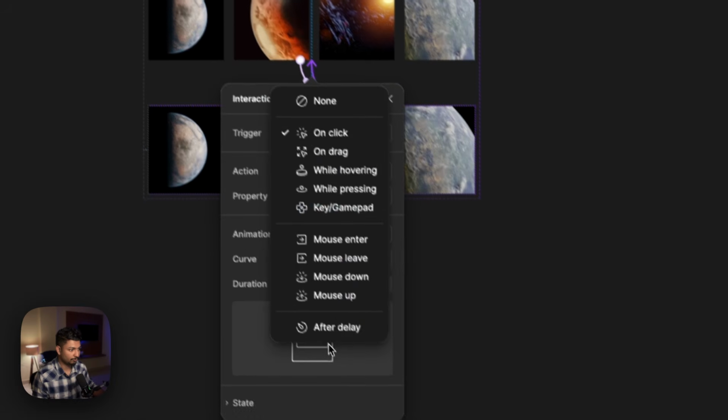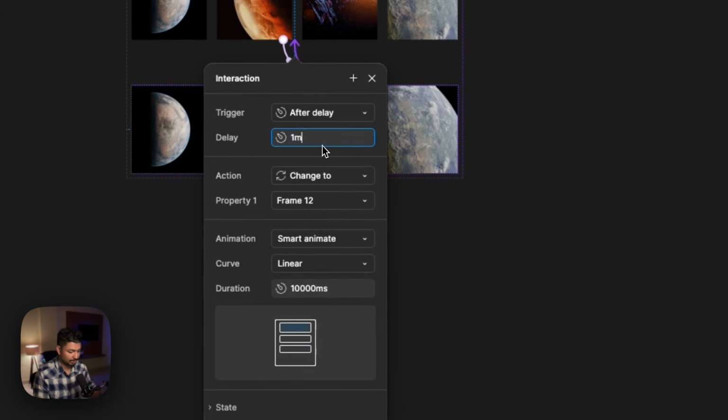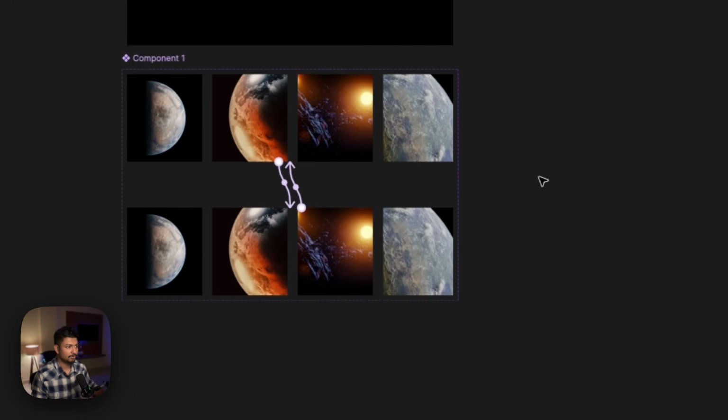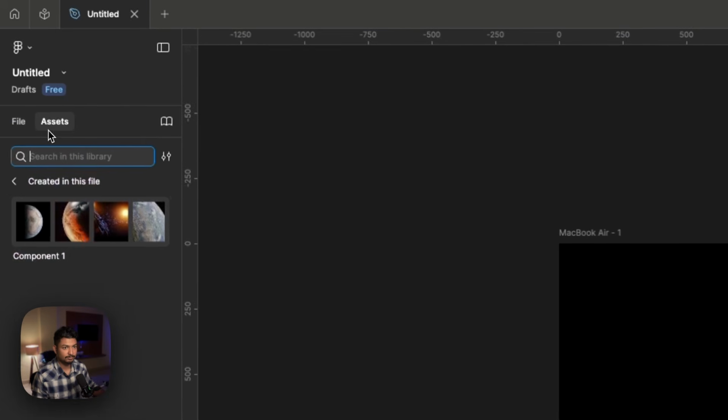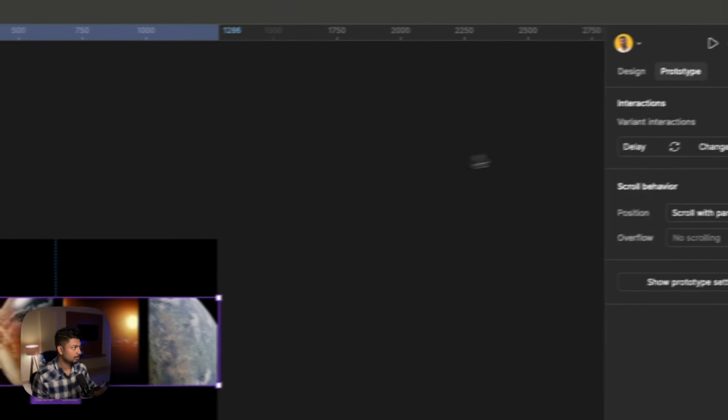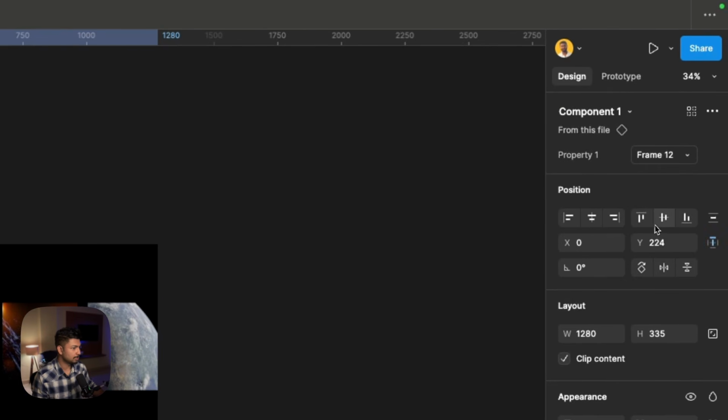It will be after delay, same 1 millisecond. But here we will change it to instant. Now if I go over here, I will drag and drop it over here. I will go to designs, I will just align it perfectly. Now if I click over it,